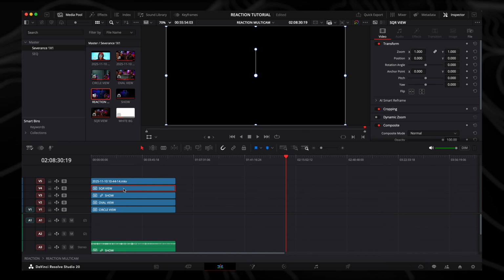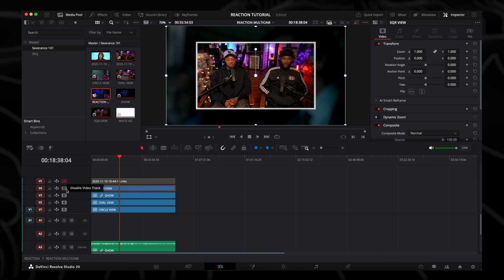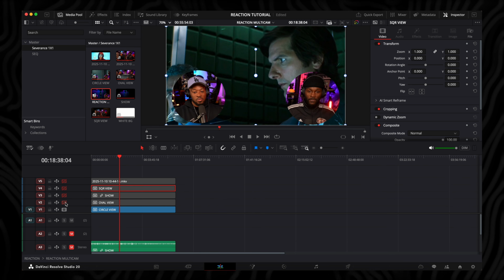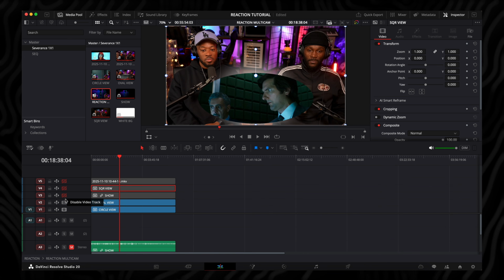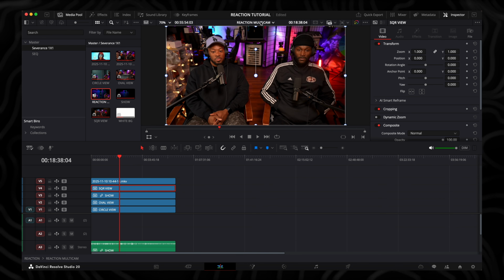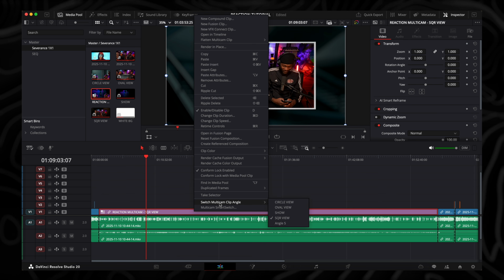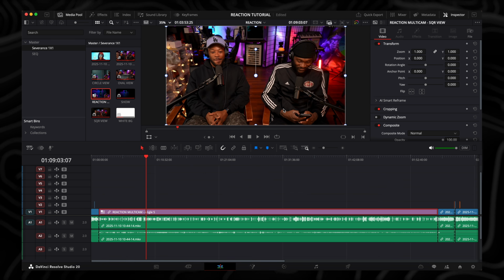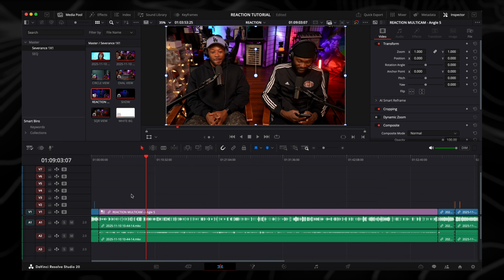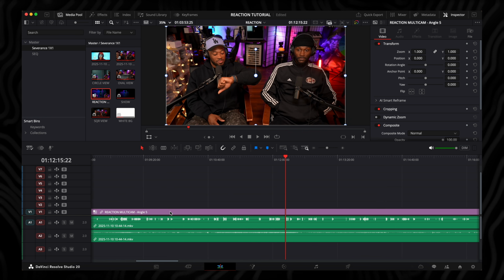And again, if it helps you, you can go in and color code these as well. But if we were to unhide, you'll see that this is a compound clip full of other compound clips, but this is a multicam, so I'll show you why it looks a little bit different. If we go back to our reaction now, if I were to right click on this, you'll see I now have angle 5. Now this is magic, because now as I begin to cut, if I want to go to another angle after I make a cut,